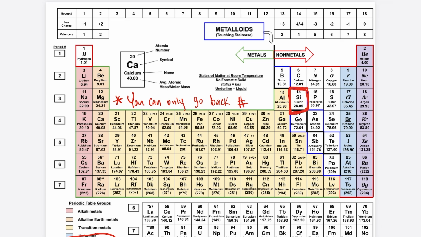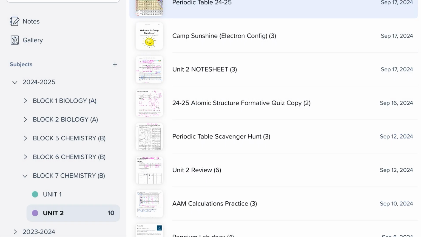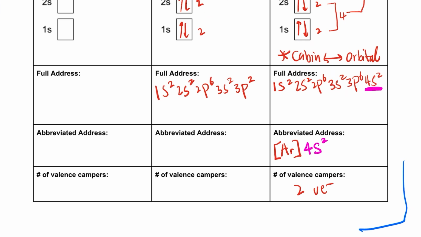So that's 14, that's the atomic number. So here's me going back. I'm going back, and it looks like it's neon. So neon is what I'm going to refer to. That's like a checkpoint almost. Like, here's where I'm starting. And you're only going to write down the highest energy level electron configuration. So what does that look like? Go to your Camp Sunshine. In brackets,